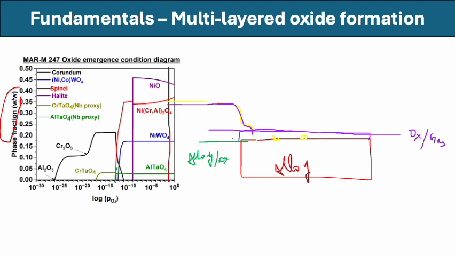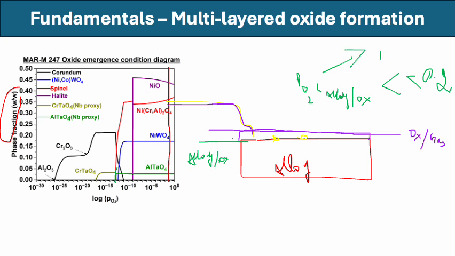Once this scale has formed, at this green color marked interface, the oxygen partial pressure of O2 at the alloy oxide interface is much less than 0.2, which is there at the oxide gas interface,